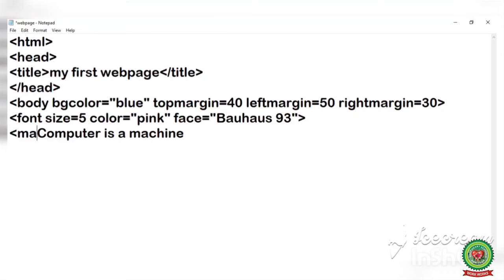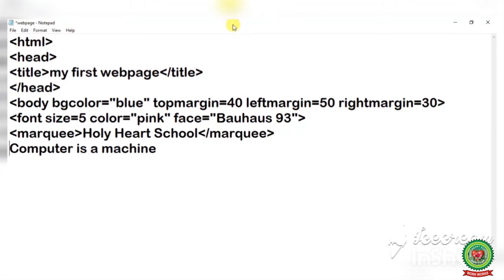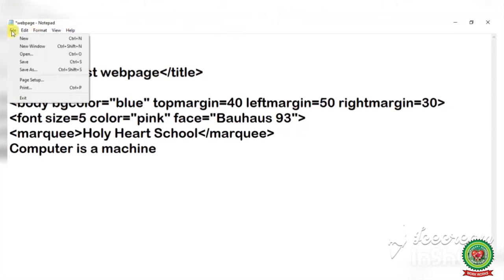Write down marquee. Write your text. I am writing Holy Heart School. Now close the marquee tag because I want the scrolling effect on this word only, not on this line. That's why I am closing the marquee tag here. Now save this work again.